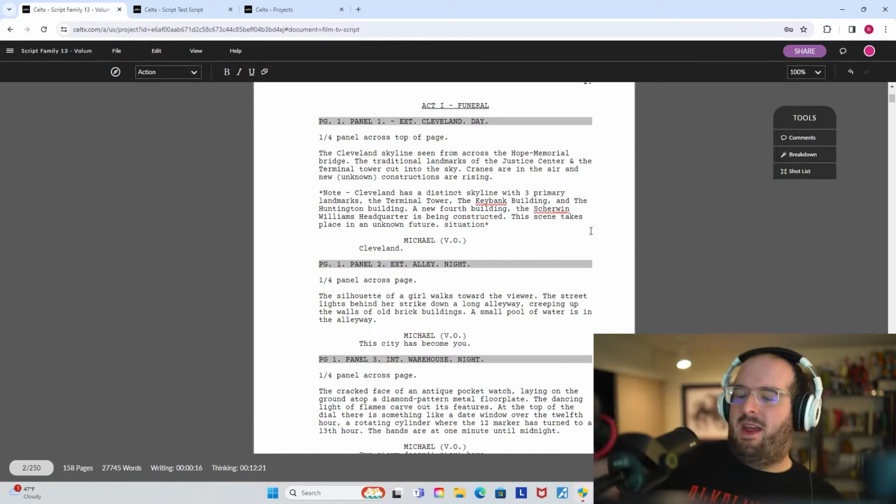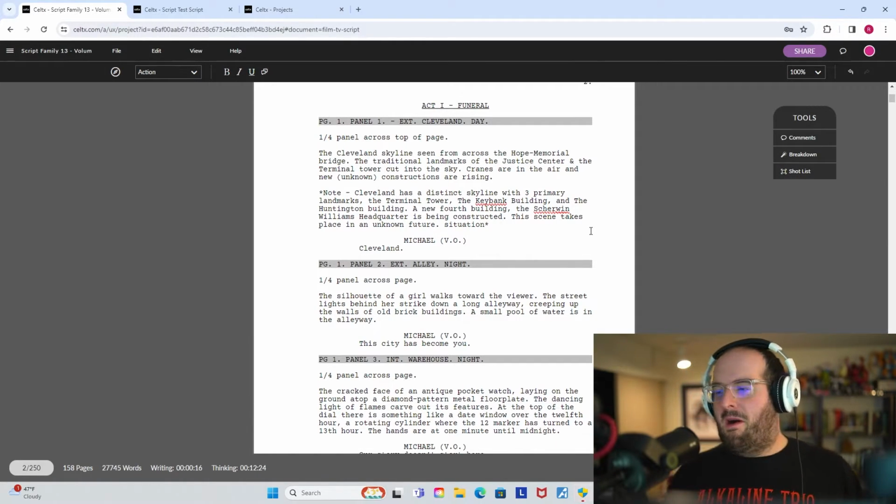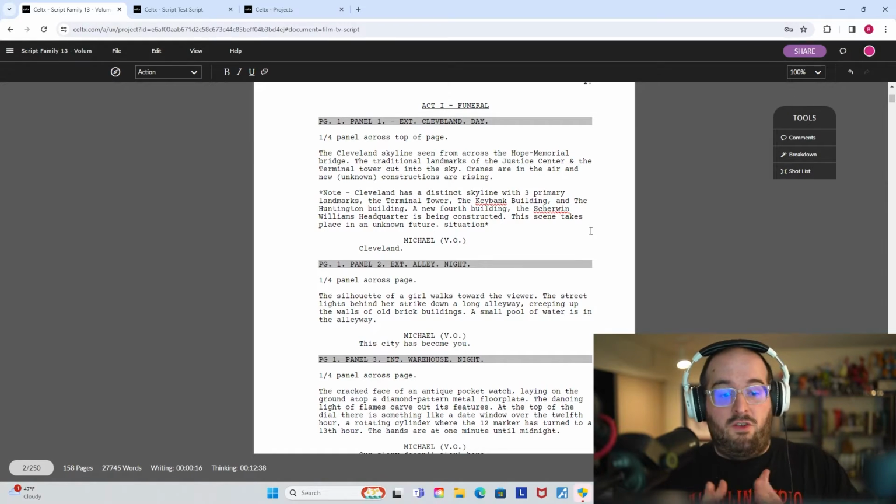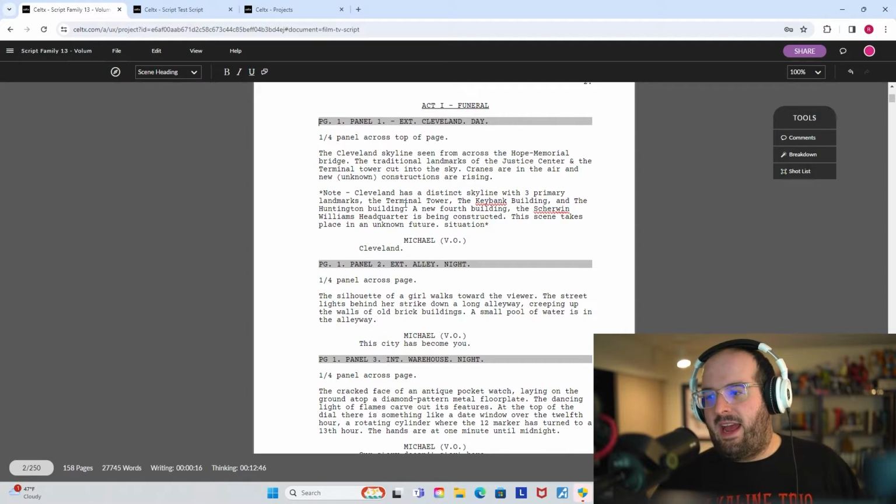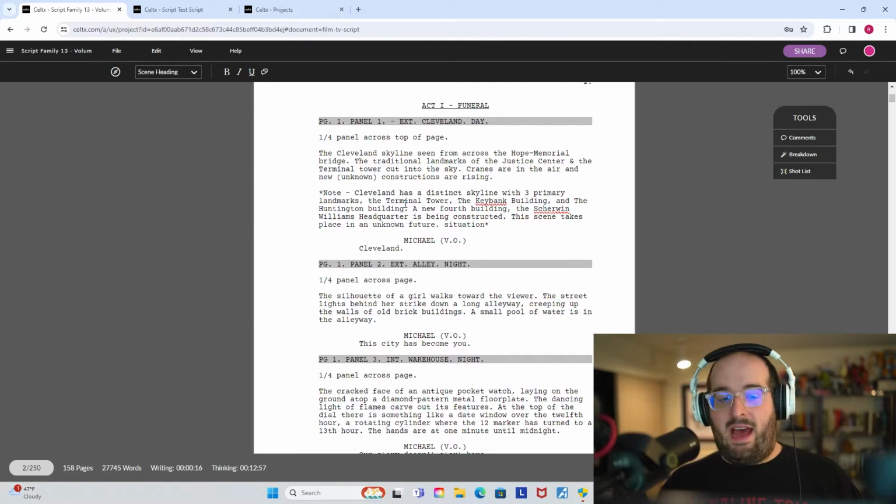If you are a prose author, perhaps you are a better lover of language, and crafting that sentence structure is very important to you. But I have a tendency to come back and fix things two or three times just so that my script is pretty dialed in. And so you'll see here, in the scene heading, instead of exterior, day, I do page 1, panel 1, exterior, city, day. And then what I tend to do as well is include a